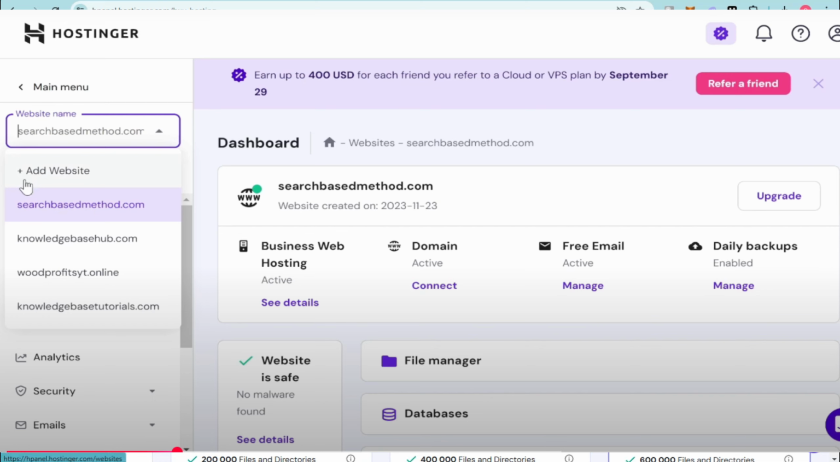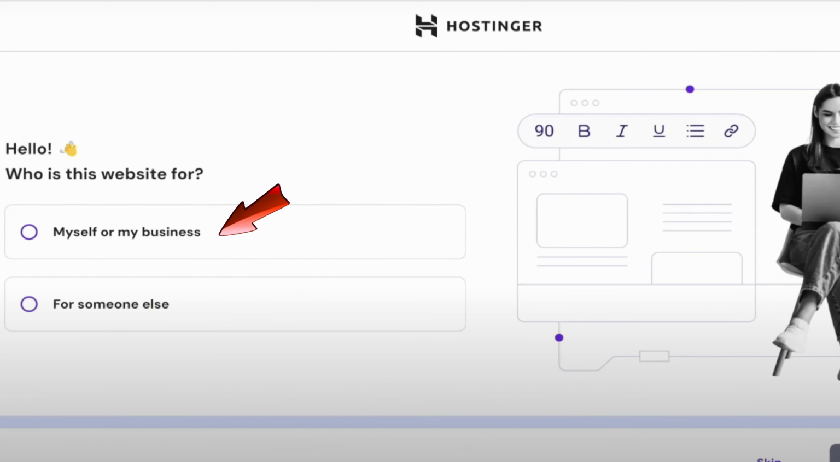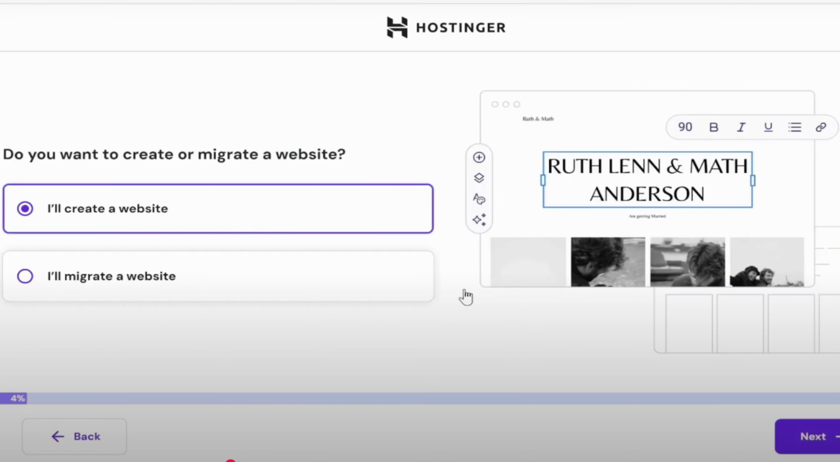So once you're here on your hosting, what you're going to do is you need to add a website. If you don't have one, you will be asked with these two options. So you can choose from any of these, for example, myself or business. And then here, what you're going to do next is you have to click this create